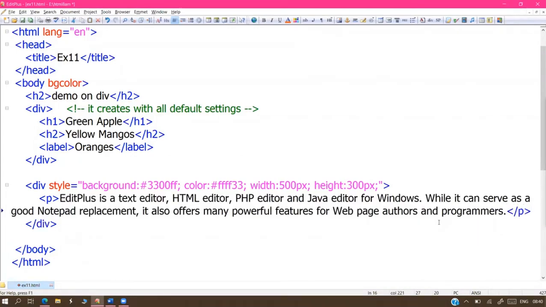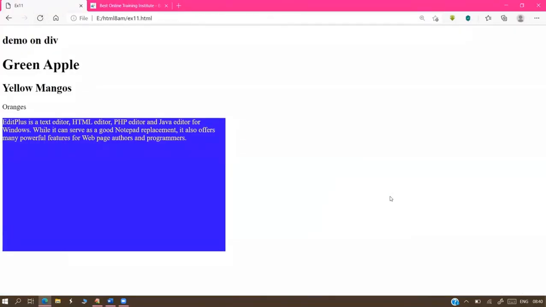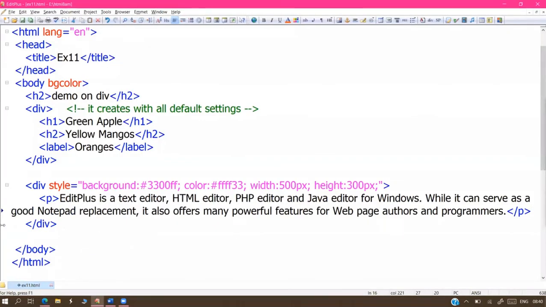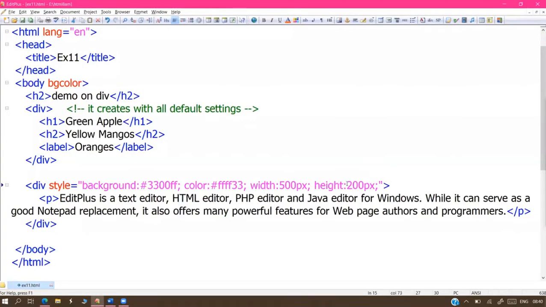Small paragraph I placed it here. Very simple thing.